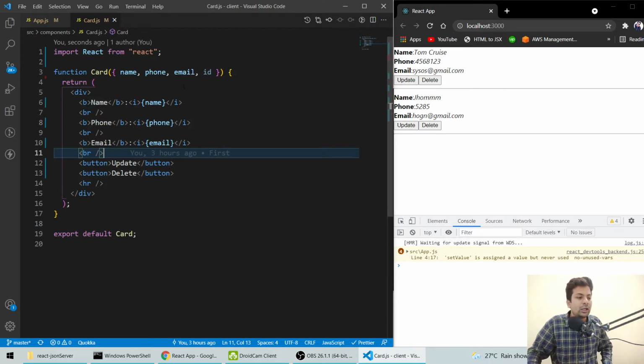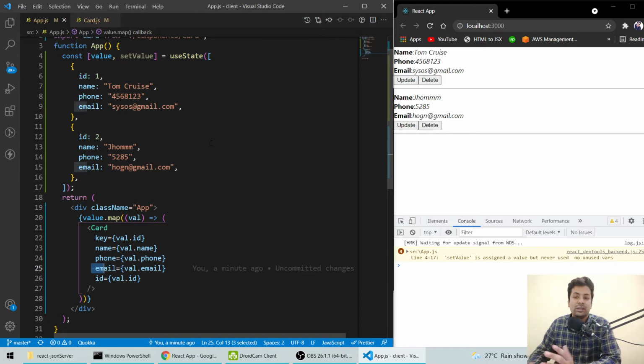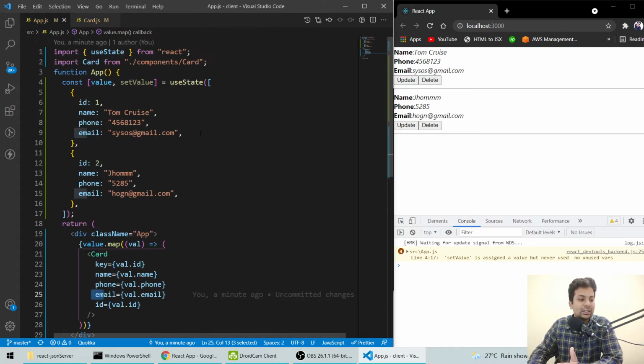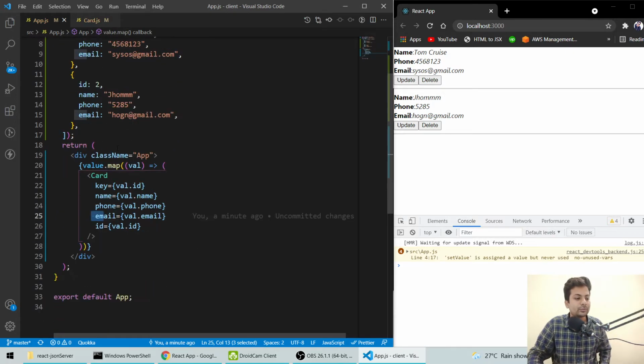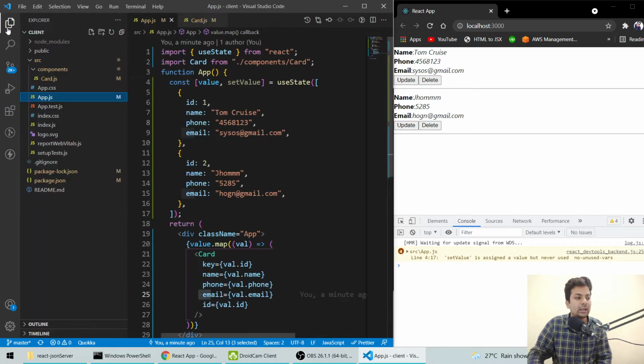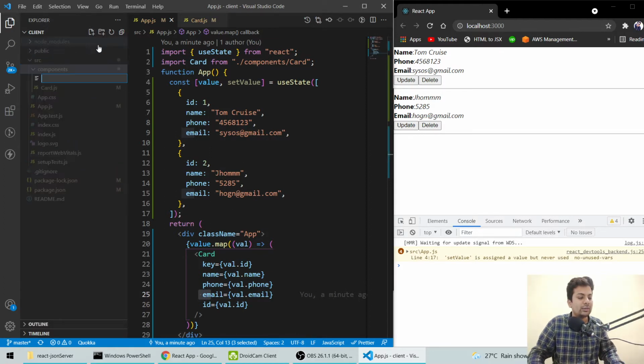Okay, but now the second question comes. We want to get this data through APIs, and here we'll do the React router thing. So we have to remove everything from here. Instead of cards, we'll make something called cards.js.